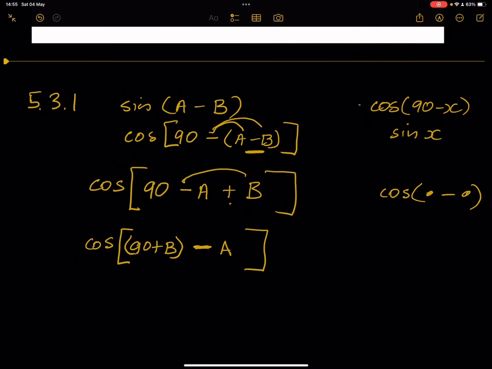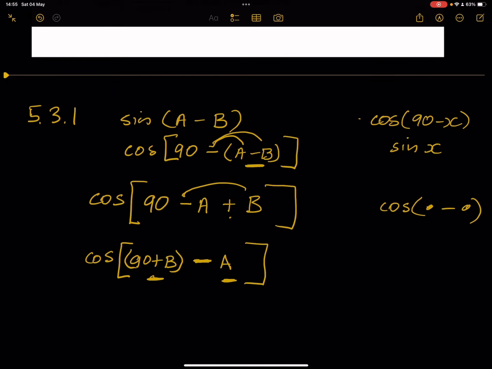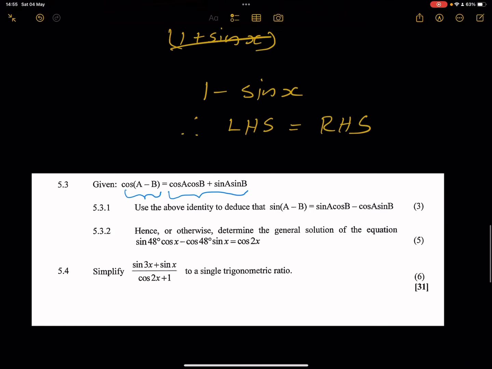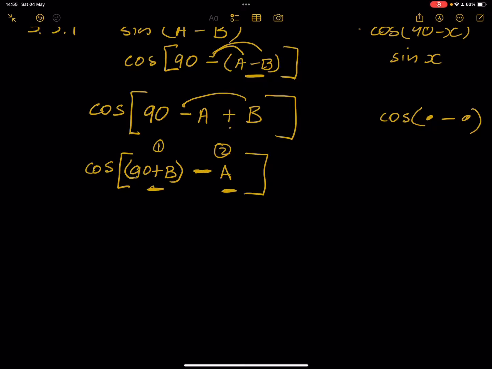So in this case, now we know what cos of something minus something else is, right? So I want you please to note, this is my first angle, this is my second angle. And what they said here is that if I've got cos of anything minus something else, that will give me cos A cos B, right? So this will be equal to